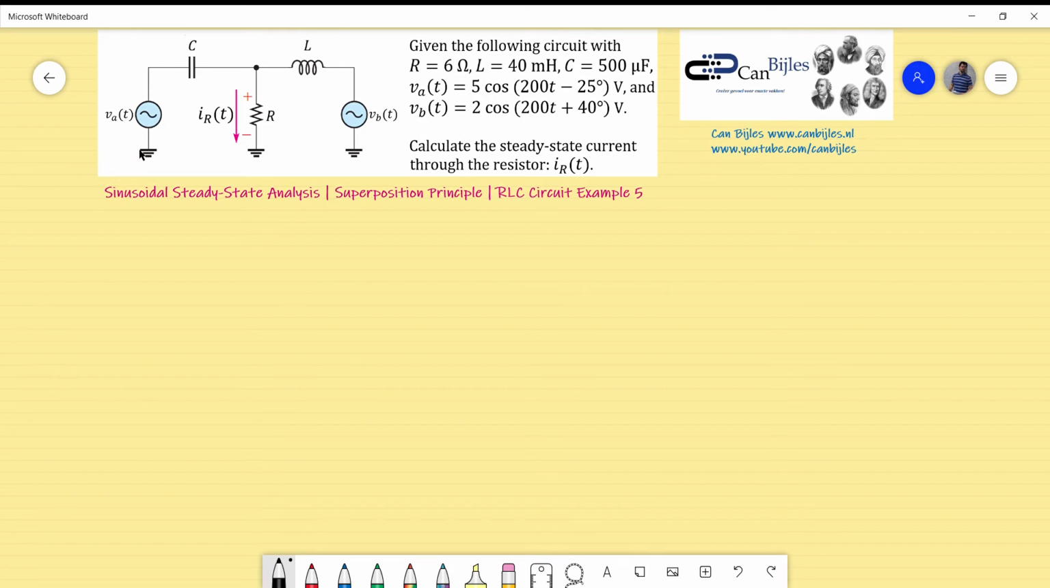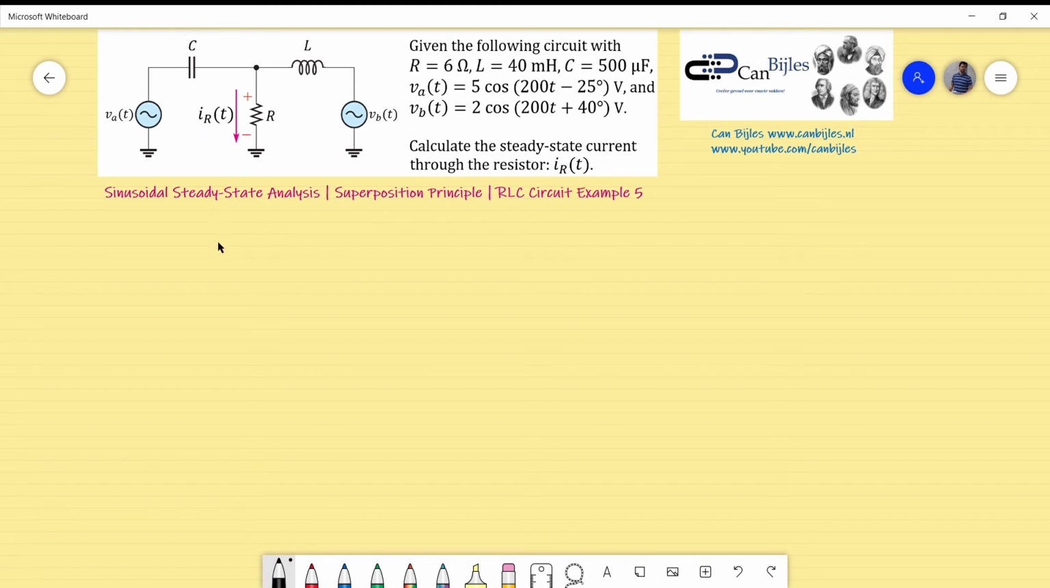The superposition principle is very handy when you have more than one source, so that's actually the situation we have here. I would like to apply the superposition principle for this example, and I will illustrate the concept. So what we have is the following. We have the resistor, inductor, and capacitor, and two voltage sources, VA and VB. And we would like to calculate the steady-state current through the resistor R, which is IR as shown here